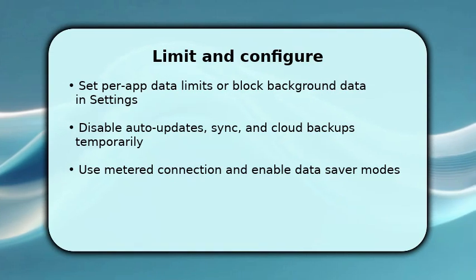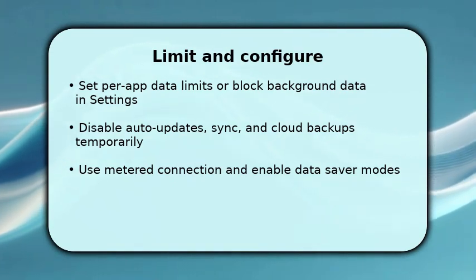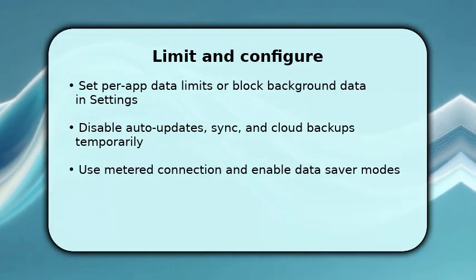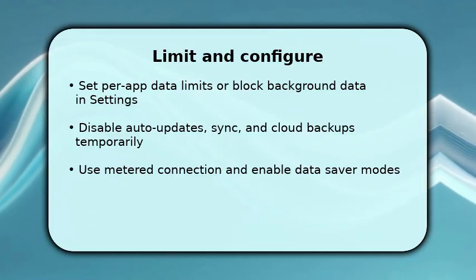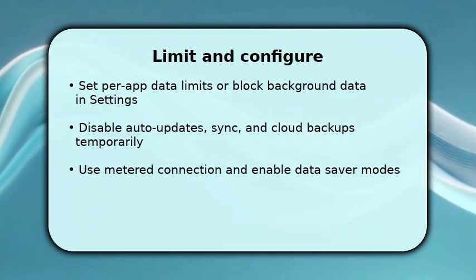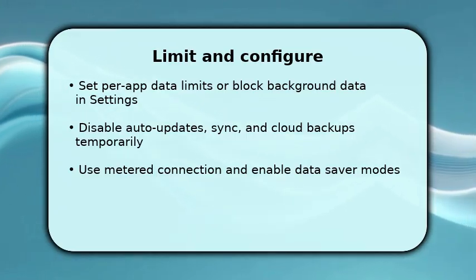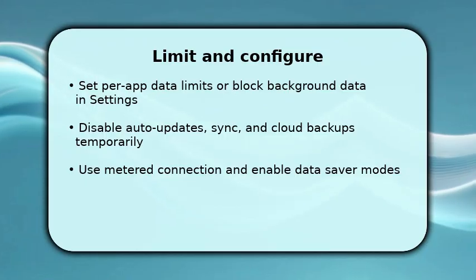Now you take control. Set metered connection in network settings so Windows or macOS treats the link as limited. Then configure per app limits or firewall rules to block high-usage apps. This prevents sudden spikes. Turn off auto updates and cloud backup while you troubleshoot, because these consume large chunks of